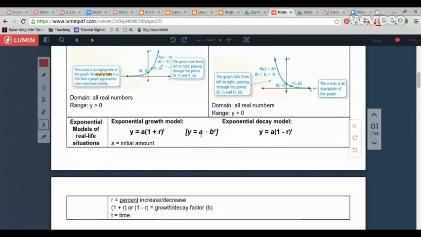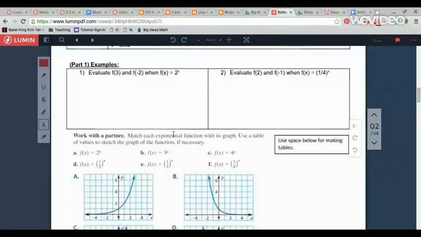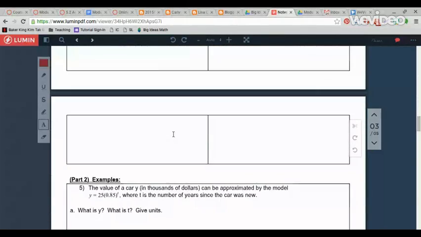And if you compare it to y equals a times b to the x here, the a is the same, but the b corresponds to the 1 plus r in the growth model. And this is how the money in your bank account grows according to the percentage of interest that the bank is willing to pay. So in an example on the third page,